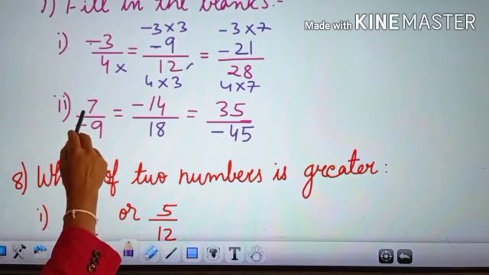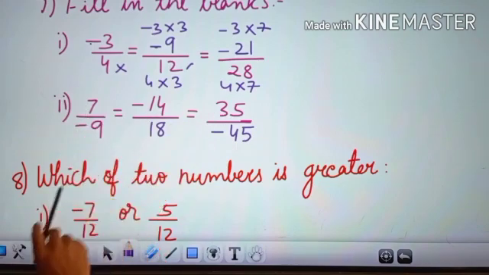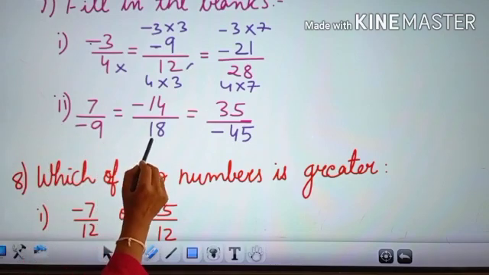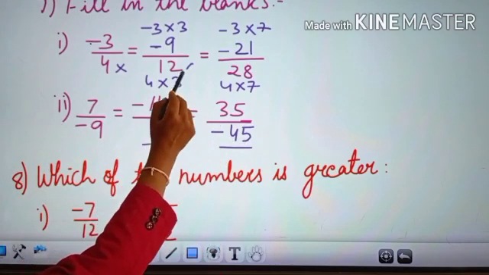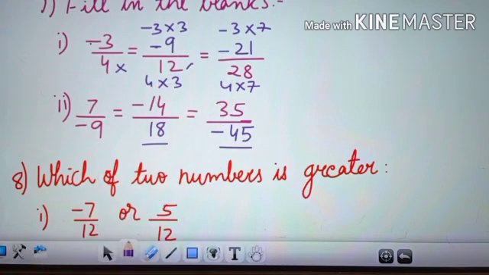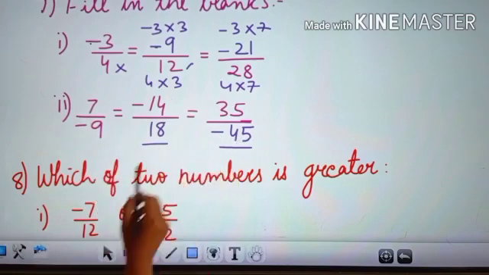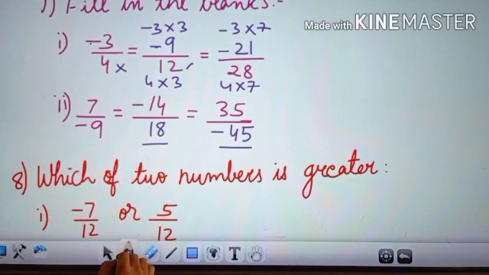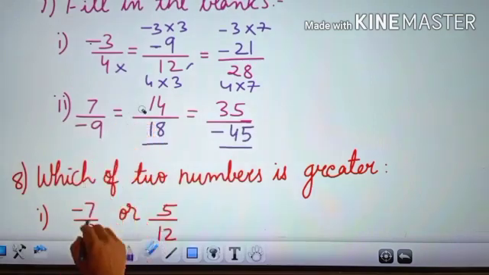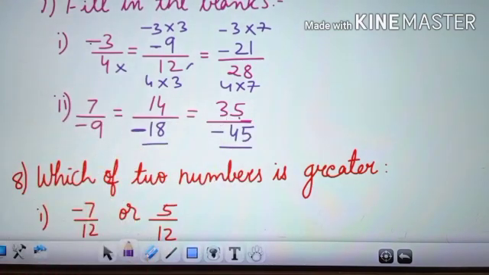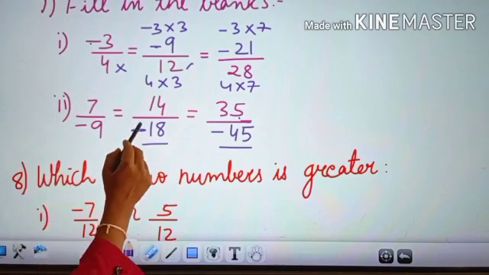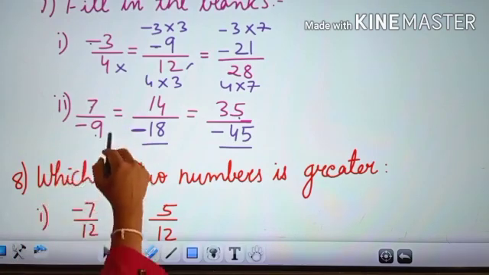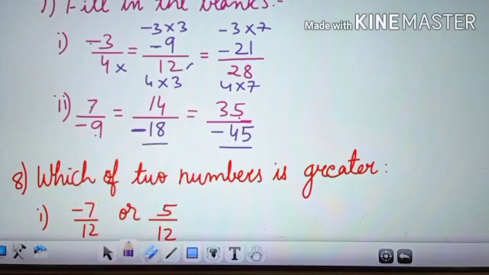Now next one, 7 and here the numerator is given. Now the denominator you have to write. Okay, these are the blanks. This you have to write. Here this was the blank. 7 2s are 14 and 7 5s are 35. So what you have to do? 9 2s are 18 and 9 5s are 45. Simple. Here it is a negative sign, so you have to put the negative sign here. Instead of putting it here, you can put it here also, but if it is given down, so you put it here. So this will be your fill in the blanks.